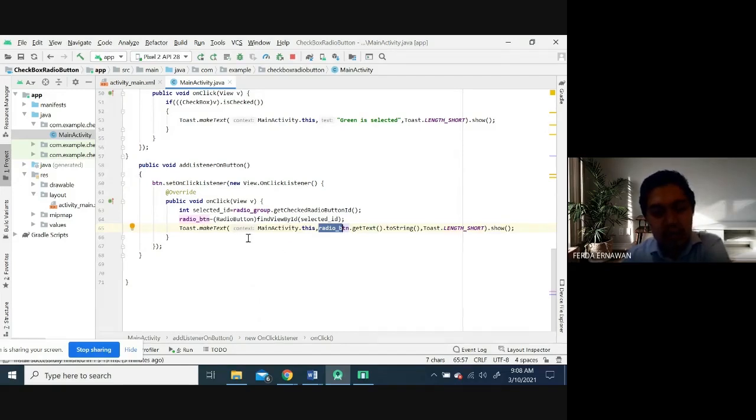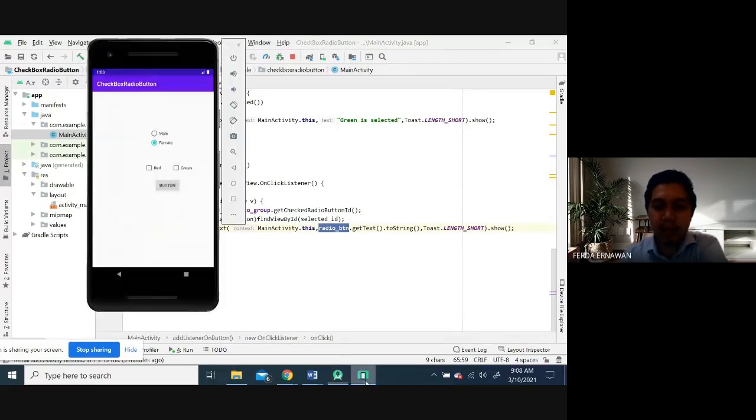After that, you link, okay, and display that XML, display that text. Yeah, we can use the radio button here. Try to get the text to string, convert to string, and display it. Click female, click button, and display male. You cannot choose both. User only can choose one, because both radio button is located in the one radio group. Clear?